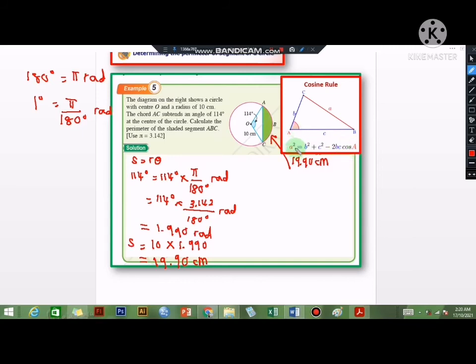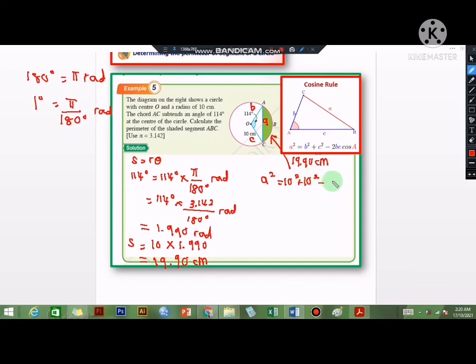Okay, this one is A, this one is B, this one is C. So A squared, we don't know the value of A squared, right? A is the unknown that we need to calculate, which is the length of chord AC. So A squared equals B squared. B is the radius, so the radius is 10 centimeter. So 10 squared plus C squared. C is also 10 centimeter, so 10 squared